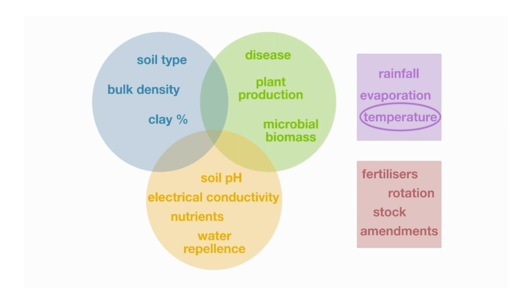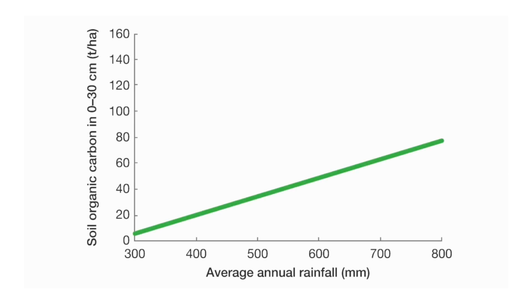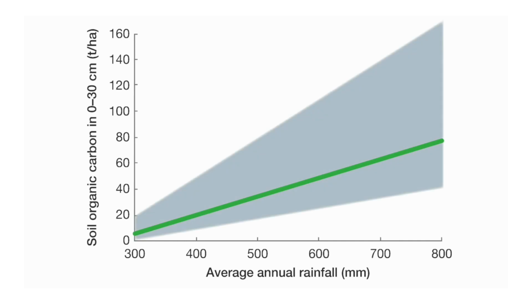Analysis indicates that temperature and rainfall are primary factors influencing the variation in soil organic carbon content for Western Australian farming systems. Data shows higher soil organic carbon stocks are associated with increasing rainfall, a primary driver of plant productivity. In low rainfall environments, the potential to influence soil organic carbon stocks is more constrained when compared to higher rainfall environments, which demonstrate a wide range in soil organic carbon values associated with soil type and management.